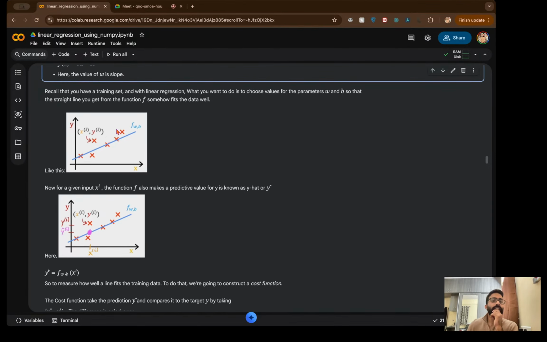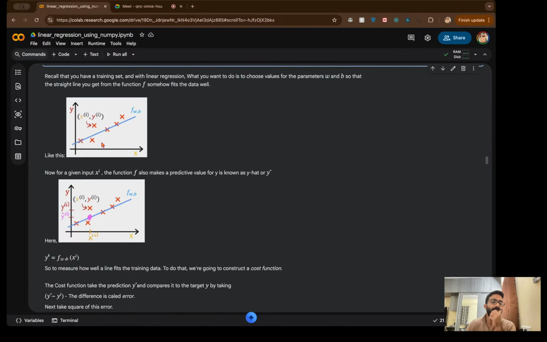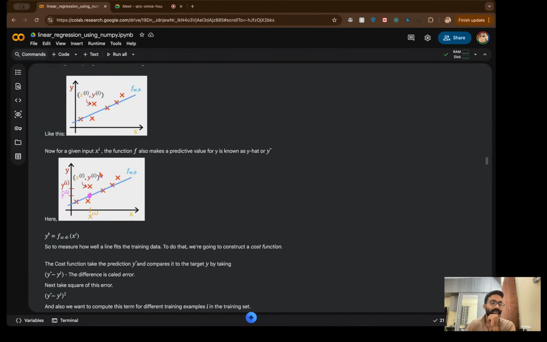So, recall that you have a training set with linear regression. What you want to do is to choose values for the parameters w and b so that the straight line you get from the function somehow fits the data well, like this. This is fitting the data well. Can you see why it is fitting the data well? Because,